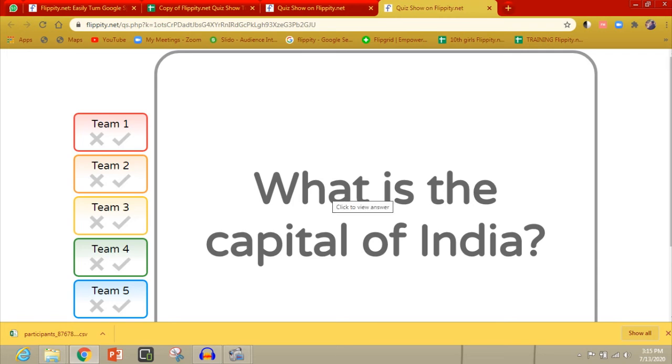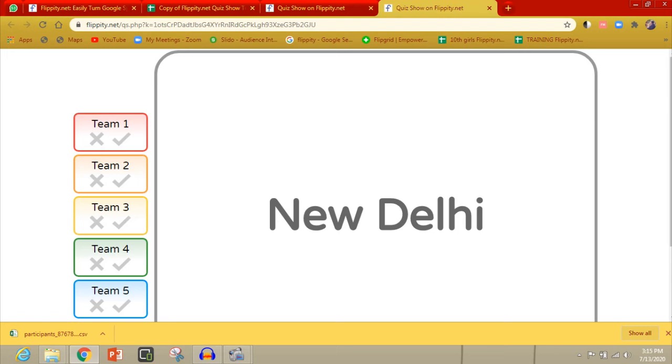If I belong to team 1, I go to team 1 and click this tick option if my answer is right, or if my answer is wrong, just click the cross option. That's all. If you click tick as the answer is correct, you can hear a sound. And if your answer is wrong, you will hear another sound, like a buzzer sound.